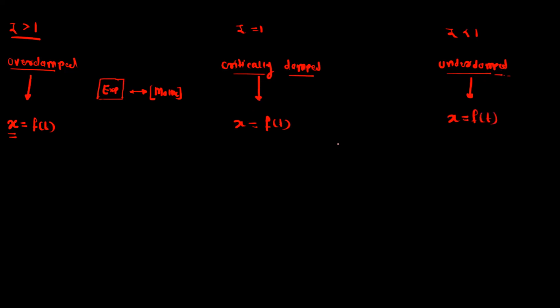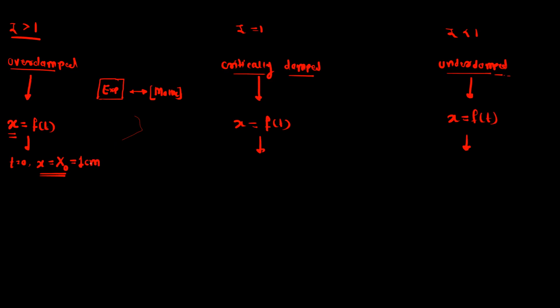For all these equations, we have assumed some initial conditions. At t equal to 0, x is equal to some initial displacement, which is x0. That means initially we have displaced the mass from its equilibrium position to a certain value of displacement. So that value is x0. It is a constant value, so we can assume this to be 1 centimeter.